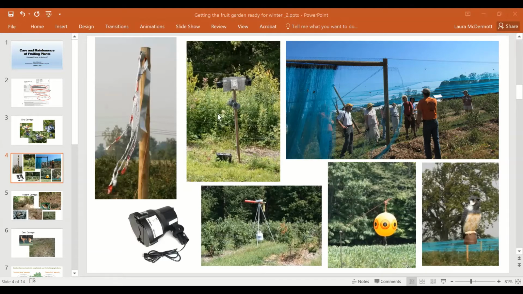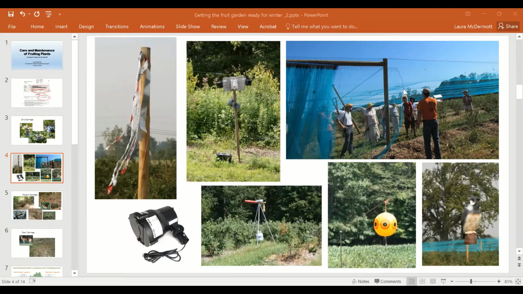This is an example of a bird distress call, which you can use with a little solar powered thing, but honest to goodness, I hate these things. They're just so annoying. A cannon, which is usually gas or propane powered, can also help startle birds. Some scare eye balloons, some stuffed predators like owls or other hunting birds can do it. And this is a picture in the lower left-hand corner of a laser, and we've had lots of success with lasers, but still, all of these things together do not